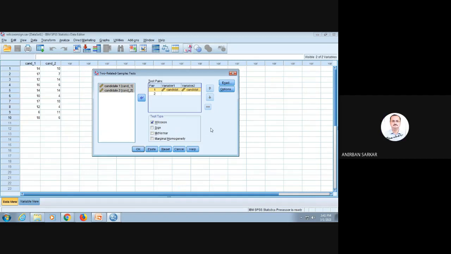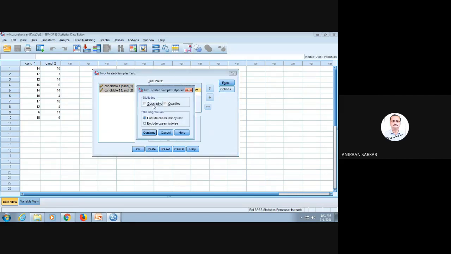Now, there are two buttons, Exact and Options, but we do not use these in case of non-parametric tests. If you click Options, you will find Descriptive statistics. In parametric tests on raw data, descriptive statistics have a very vital role because we understand the summary of the data with the help of mean, median, mode and standard deviation.